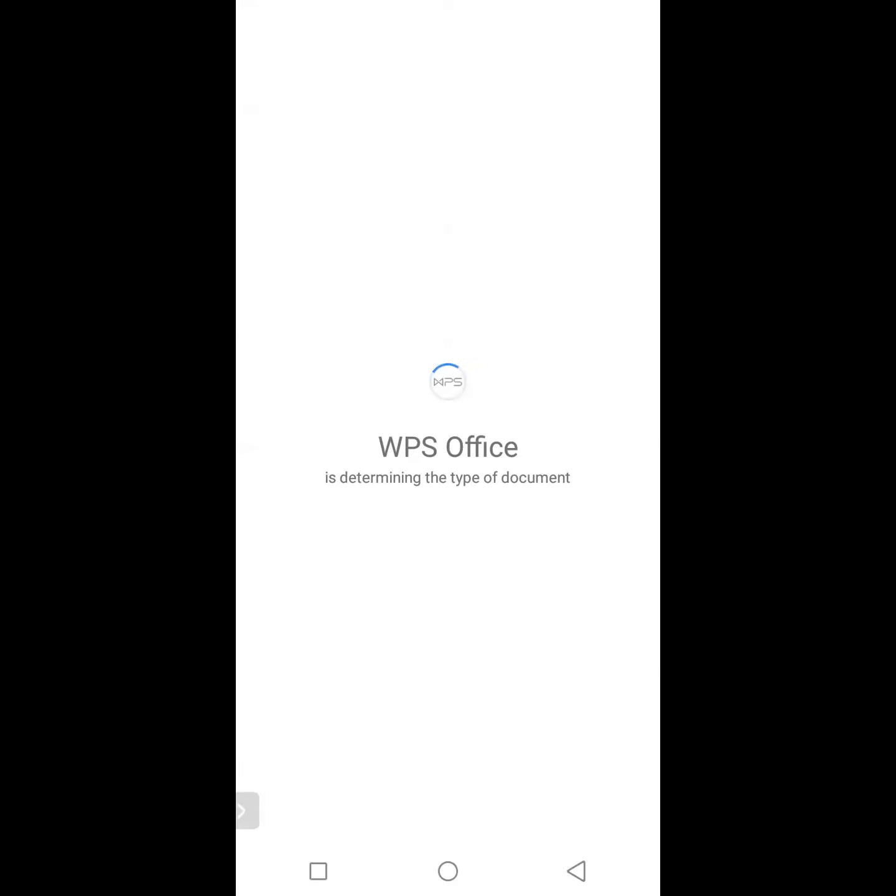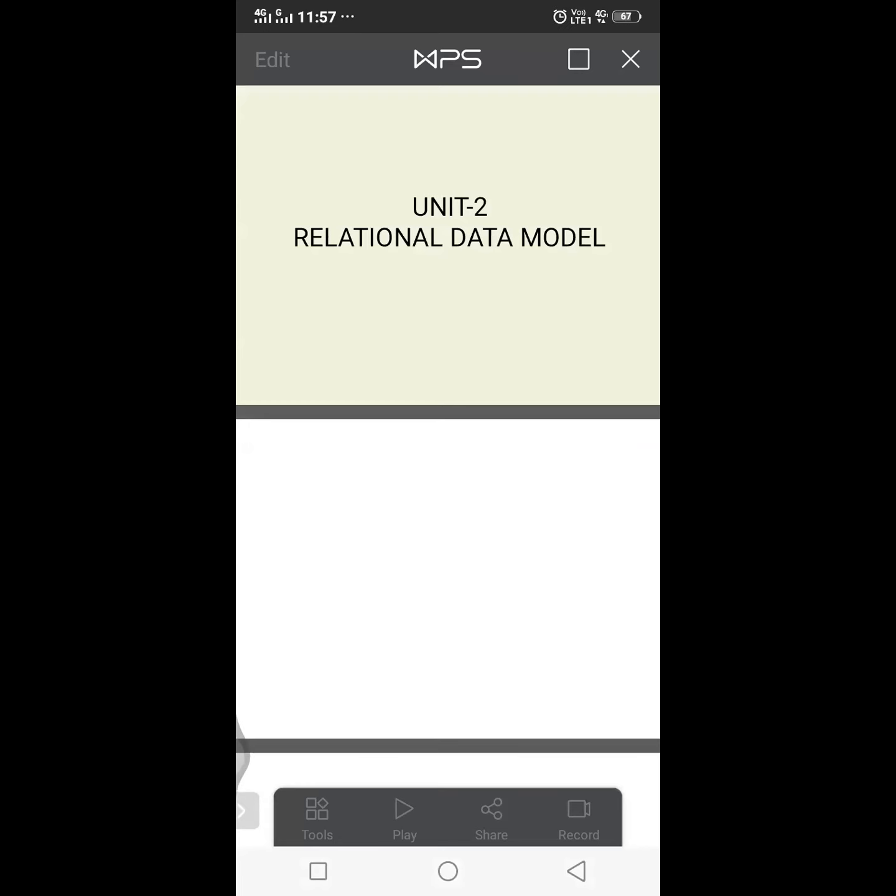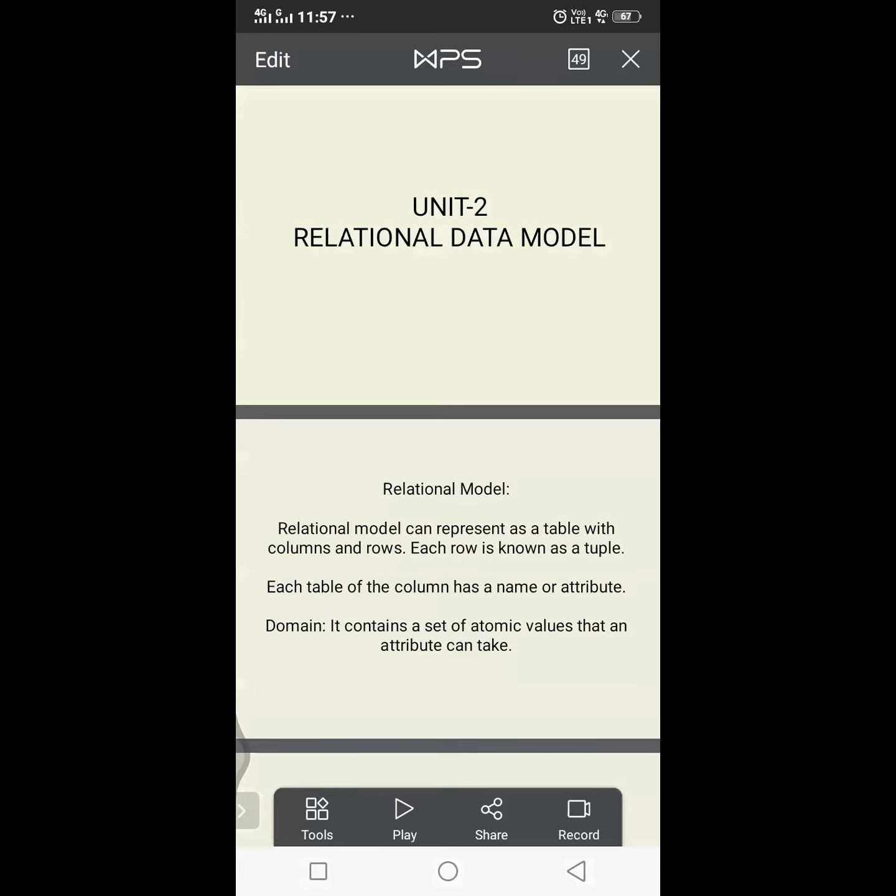So we already discussed the purpose of integrity constraints. What is the main purpose of integrity constraints? The main purpose of integrity constraints is to maintain integrity. So the main advantage of integrity constraints is that they are used for inserting correct data into the database. Am I right or not?